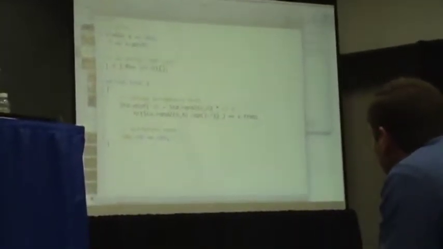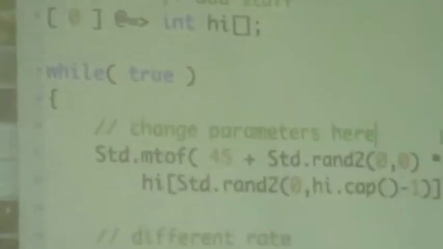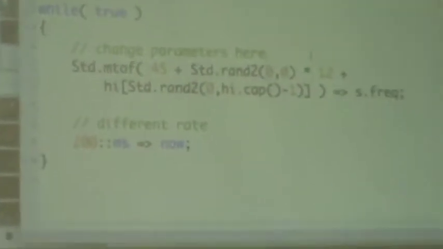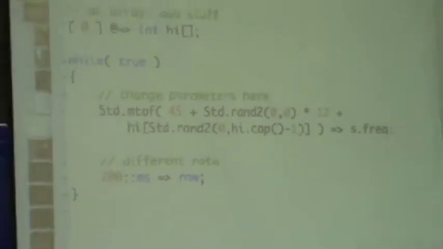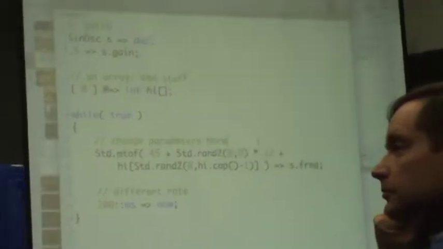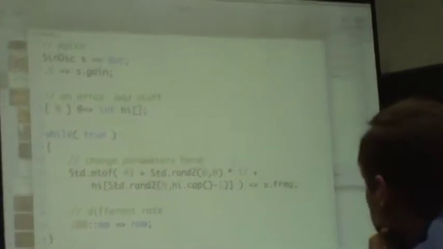I'm just going to give you a quick demo of this right now, or attempt to. So this is some ChucK code. If you don't know what this means, do not worry. ChucK is less about what you can program, more about how you can program it. It's about the psychology, perhaps, of writing audio programs. So what we have here is